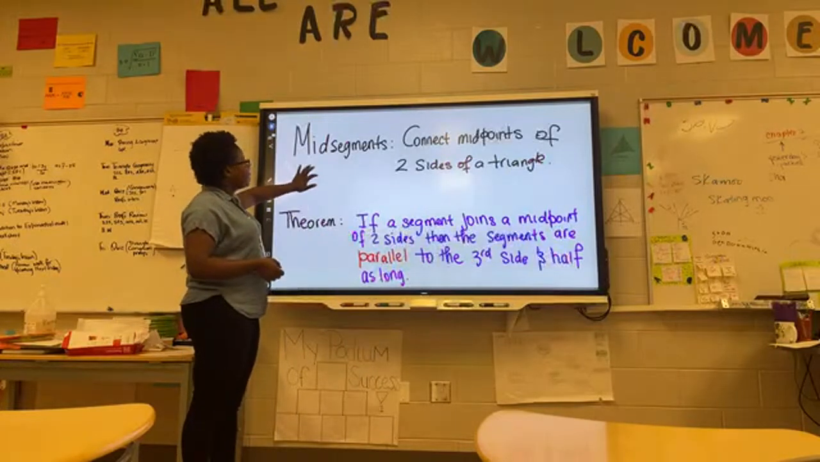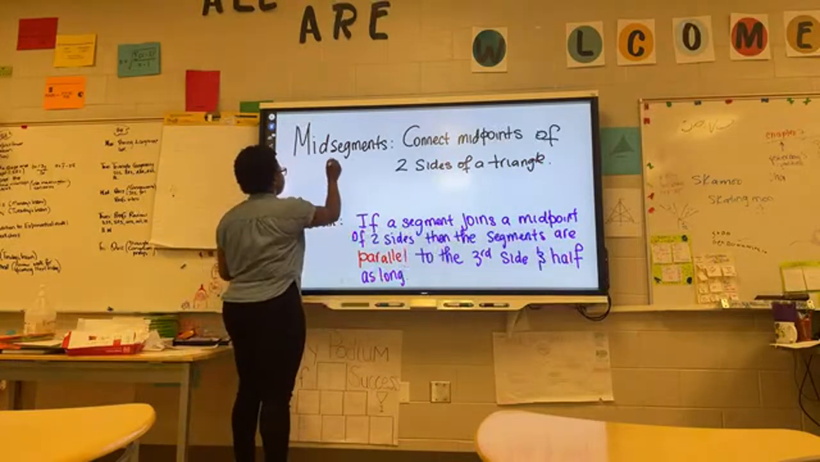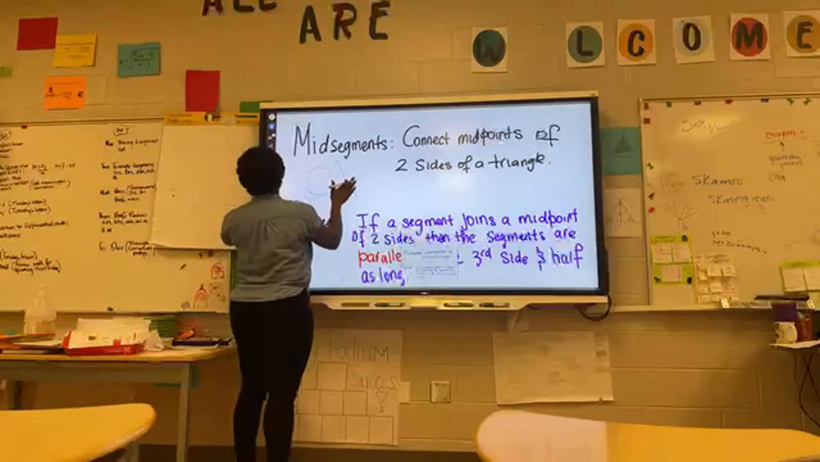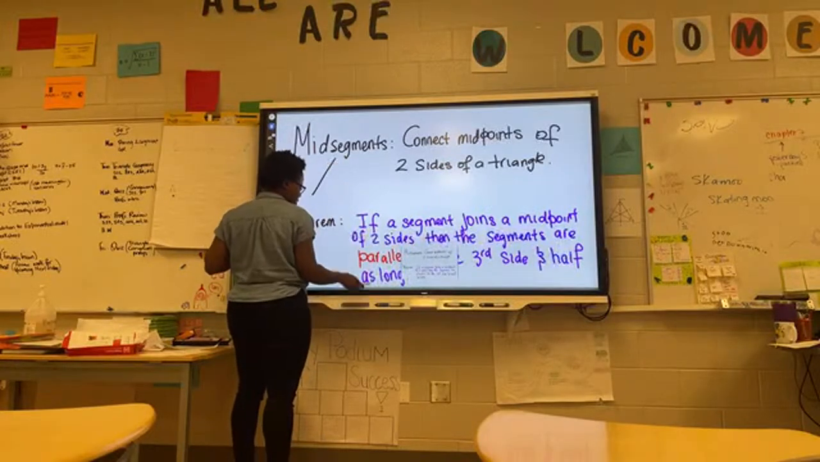So the mid segment connects the midpoints of two sides of a triangle. When you think about your triangle, let's make it a little larger. When you think about midpoints of your triangle,